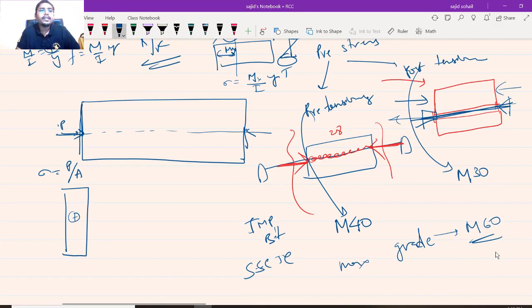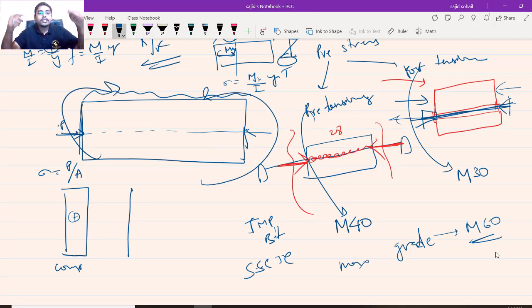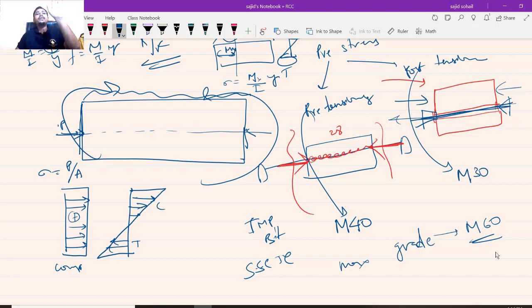But now what is happening? If there is a loading, obviously it is inducing moment. And what is the direction of the moment? Let us say this is compressive, right? This is completely compressive. Here, because of the moments, the top part is in compression like this, and the bottom part is in tension. Let us represent compression like this so that it will be easy for us. So this is compression and this is my tension. I hope it is very clear, right?